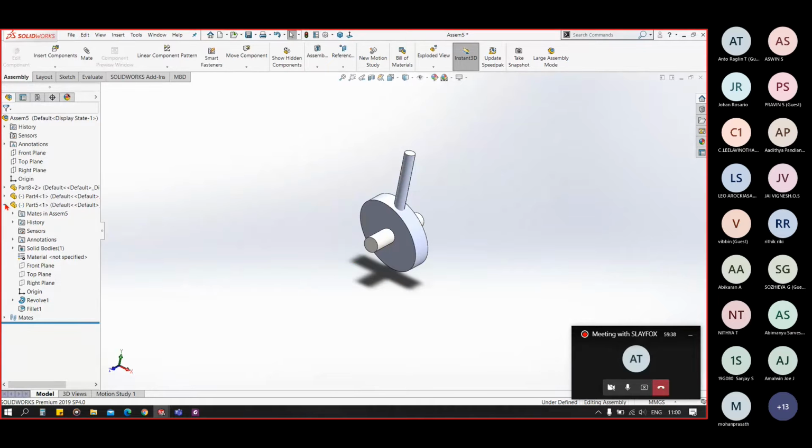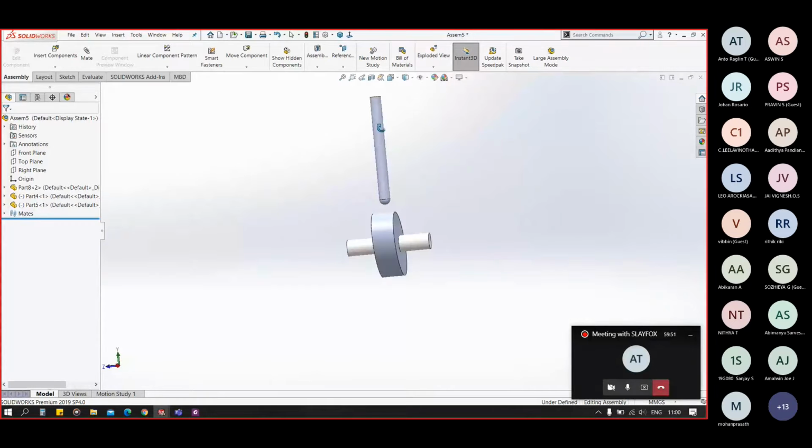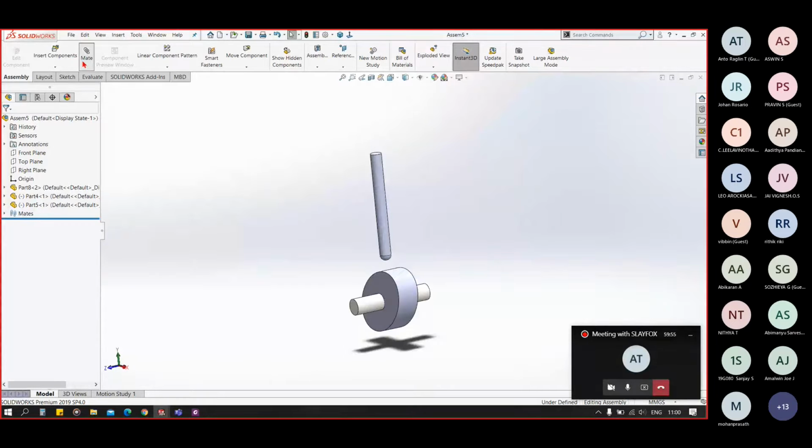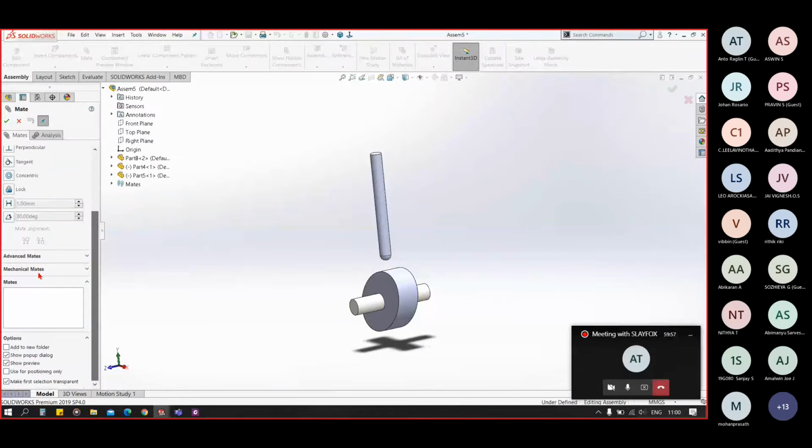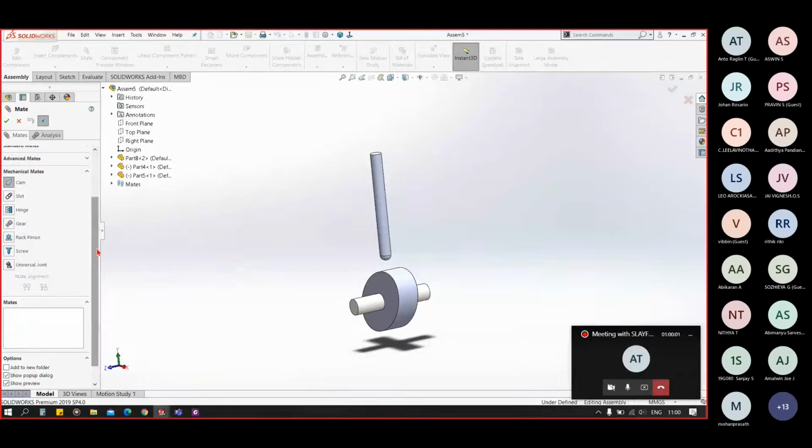So now let's go towards our mate. Now let's go to the mechanical mates and choose cam follower. In the cam path, select this face. In the cam follower, select this face.